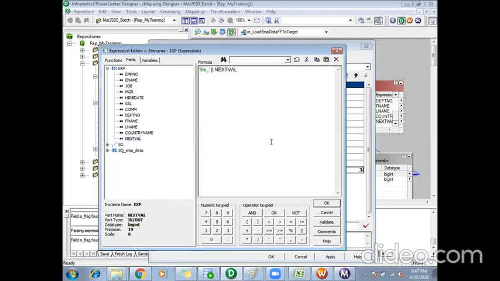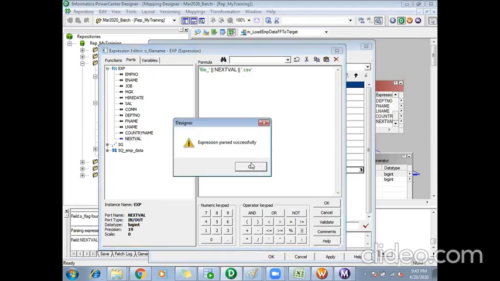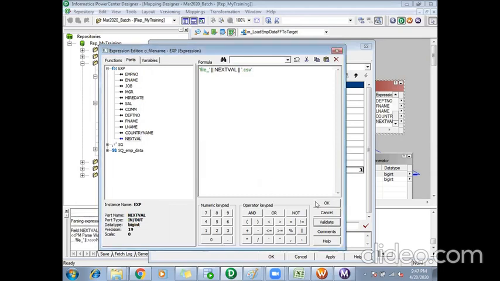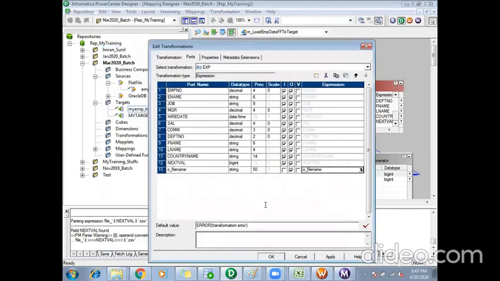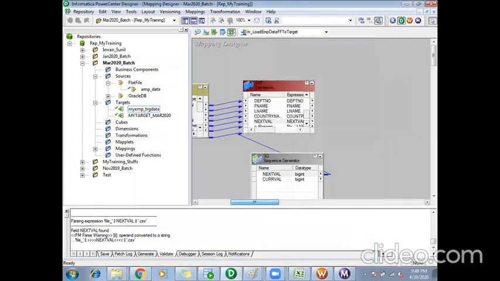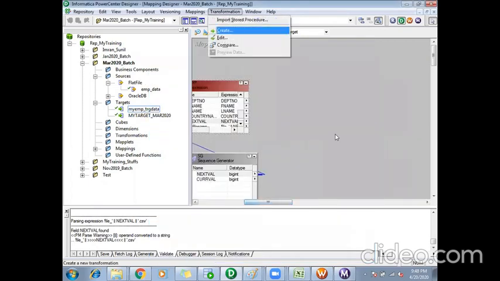Okay, let's see, dot csv, validate. Okay, done.